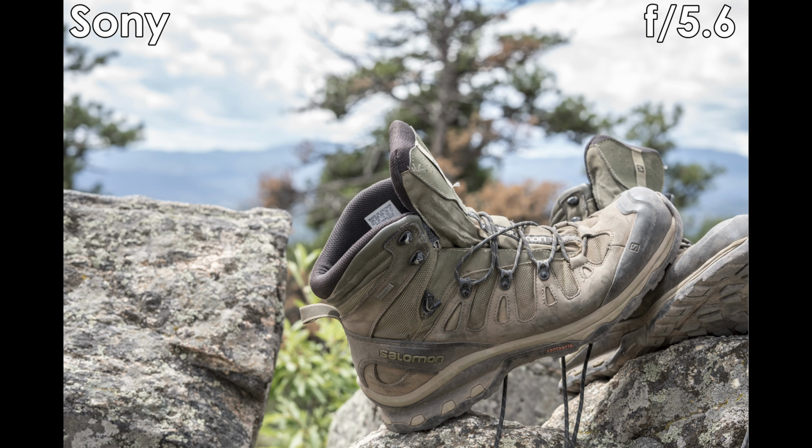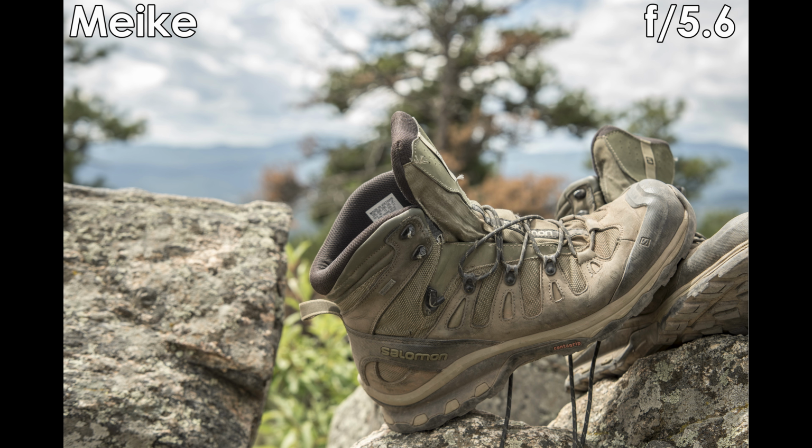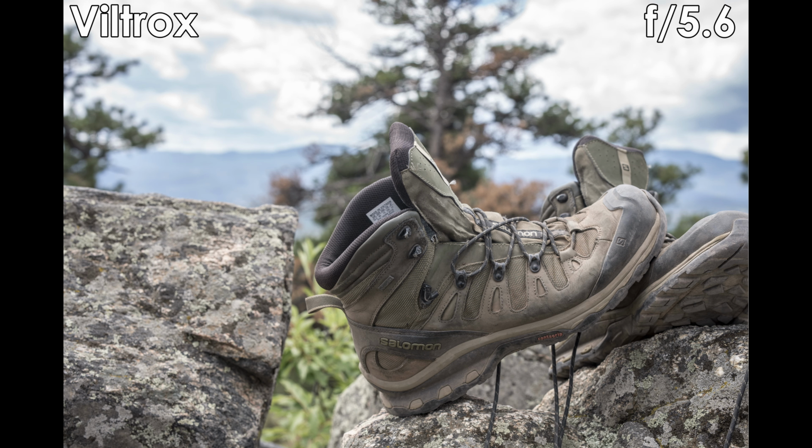Stopping down the close shots to f5.6, the Sony 50mm has amazing sharpness in the boot fabric and texture. The Meike takes a solid second here, and the Viltrox a very close third. The 7Artisans shows up here in fourth, and the Zeiss, were it ranked, would show up last